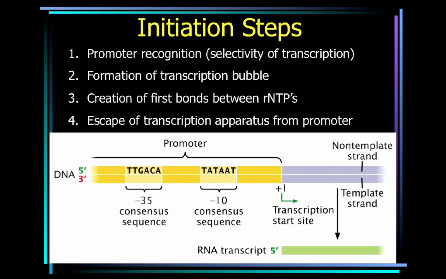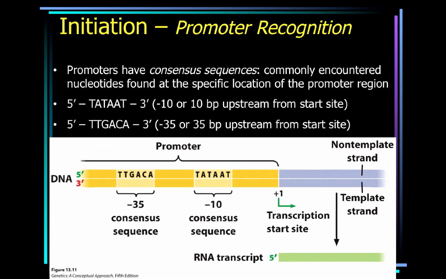The second major step associated with initiation is the formation of the transcription bubble. That's going to be similar to DNA replication. And then we're going to see the creation of the first bonds between the ribonucleotide triphosphates, the NTPs. And then we'll see escape of the transcription apparatus from the promoter region. So it'll leave the promoter region and start downstream past the transcription start site. So promoter recognition, we're going to take a little more of a look at this. So promoter recognition is